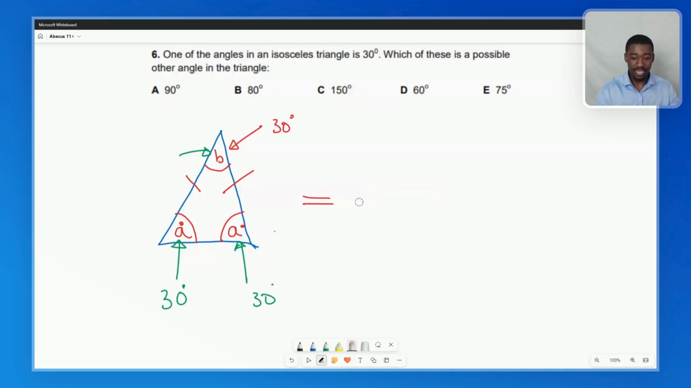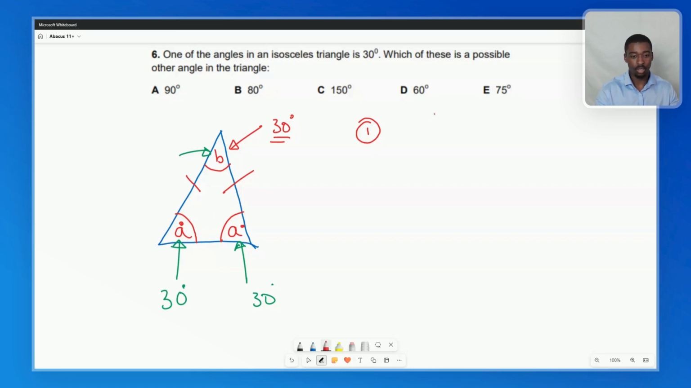So based on those two scenarios, let's work out the possible angles in this triangle, which will help us answer this question. So let's do scenario one in red. Scenario one right here. In this case, we're saying that this angle B is 30. If this was the case, what must these other two angles A and A be? Well, if we know that the whole triangle adds up to 180 and B is 30, that means these two